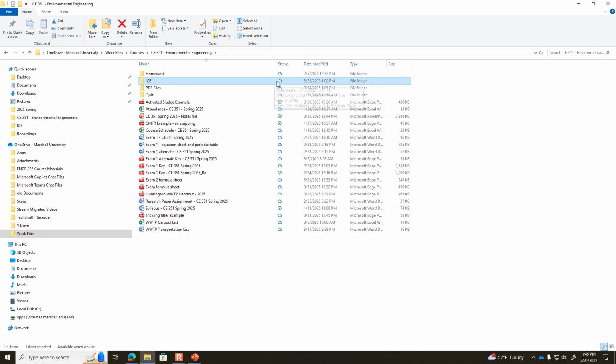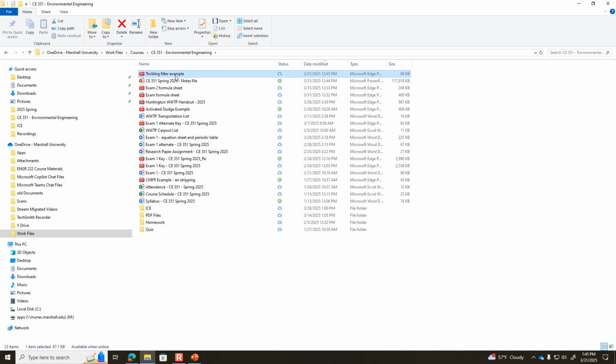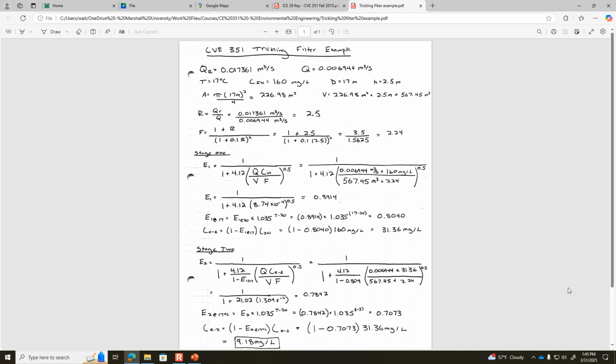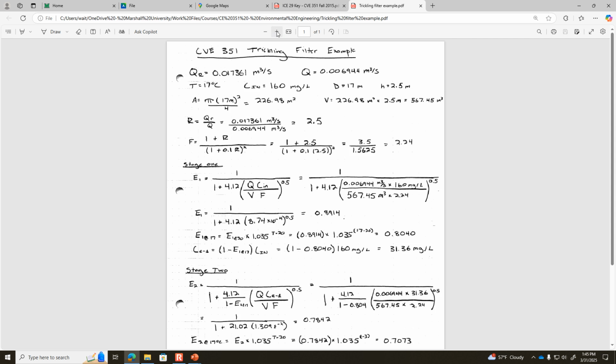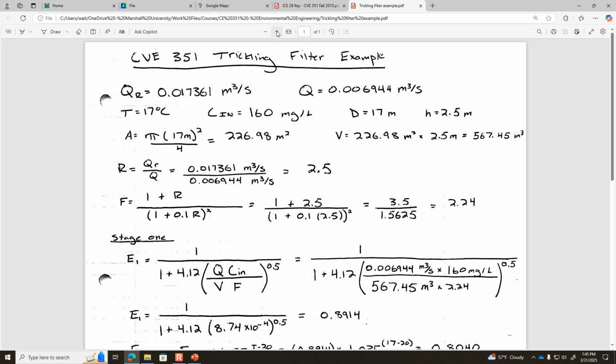So let me bring open, by the way, these calculations just so we get it in the video. Okay. So when we put the flow rate, the concentration, the volume of the reactor, and the recirculation factor, what